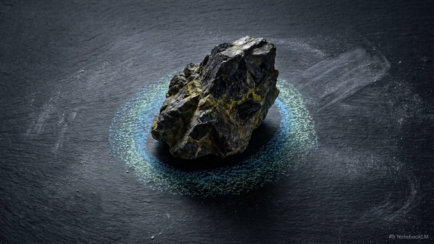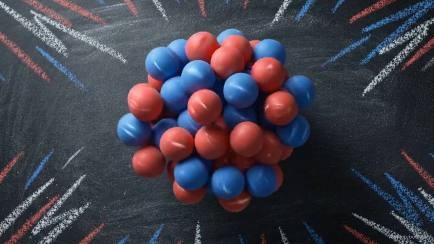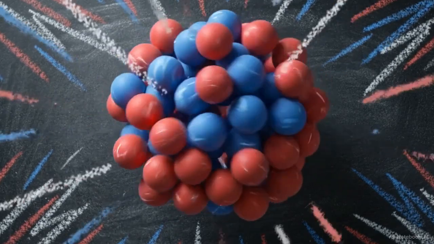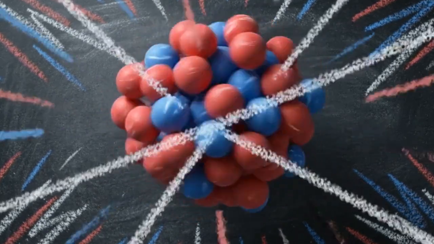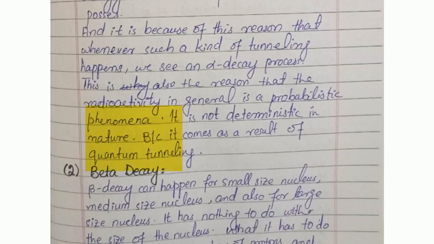We can scale this concept up from a single alpha particle to a macroscopic piece of radioactive material containing billions of atoms. For any individual nucleus, tunneling remains entirely unpredictable. We cannot know when a specific wave will breach the wall. We only know its exact probability of escape per given unit of time. Radioactivity is strictly probabilistic, derived directly from the randomness of the quantum state.